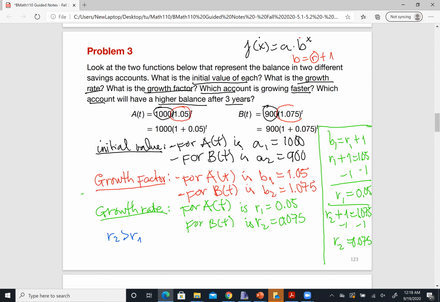Okay. And also in here, yeah, I would like to say, because R2 is greater than R1, so then